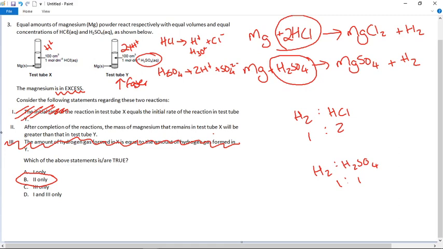okay, I can easily explain 1 and 3, yes. The memo says the answer is 2 B only. With this one, I think you would have to do a bit more of a calculation. I don't have a swift answer for you, but the rate of reaction definitely depends on the proton concentration, so that one's definitely wrong. And the amount of hydrogen gas formed, this one's definitely wrong because of the mole ratios from the balanced equation. The mass of magnesium remaining,